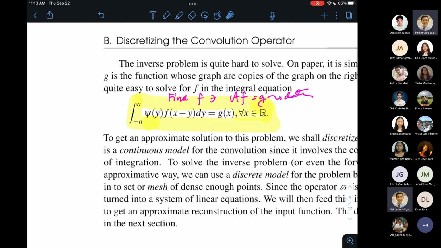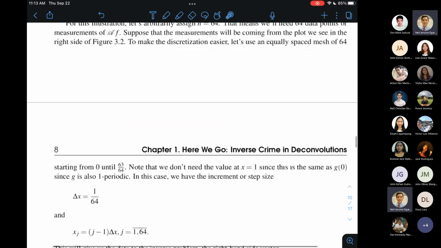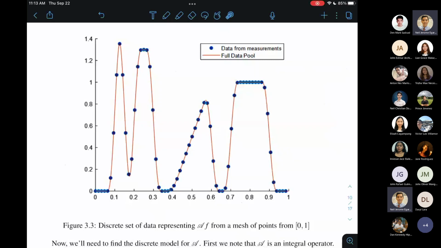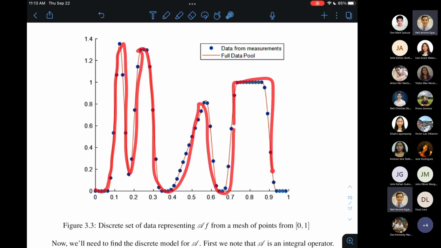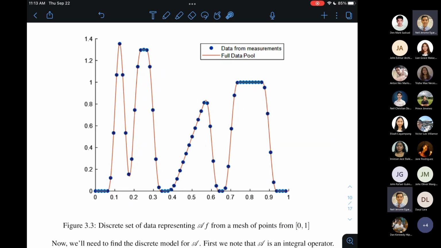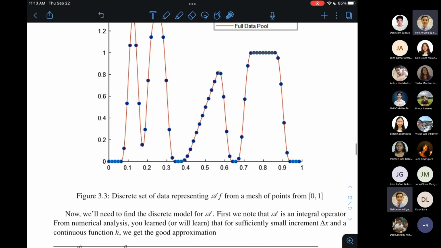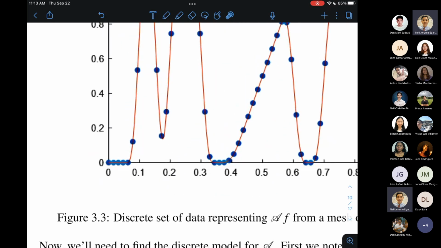All right? So makita nyo doon, gagawin ko siyang isang linear function. So instead na ang data ay si function g, all right? Kasi di ba kanina, AF equals G, si G yung data, which is the convolution, ito yung makukuha mong data. Pero sa totoong buhay, wala ka namang continuous function na makukuha na data. Ang makukuha mong data ay discrete measurements. Halimbawa, kay 0, may makukuha ang function value. Kay 0.01,